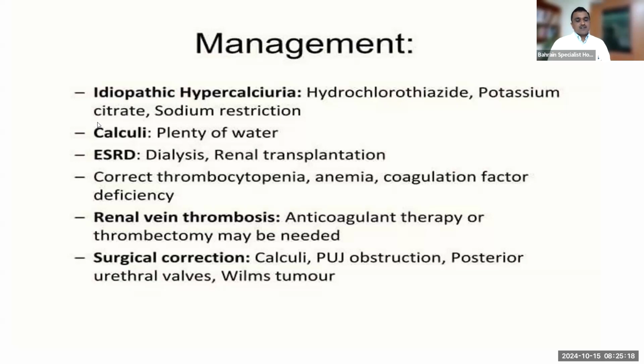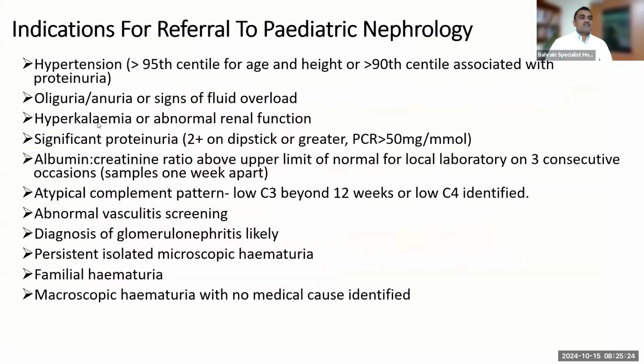Surgical correction is needed in case of calculi, PUJ obstruction, posterior urethral valve, or Wilms tumor. These are some of the indications to refer to pediatric nephrology: hypertension more than the 95th percentile for age and height, oliguria or anuria or signs of any fluid overload, hyperkalemia, significant proteinuria more than 2+ and dysuria,